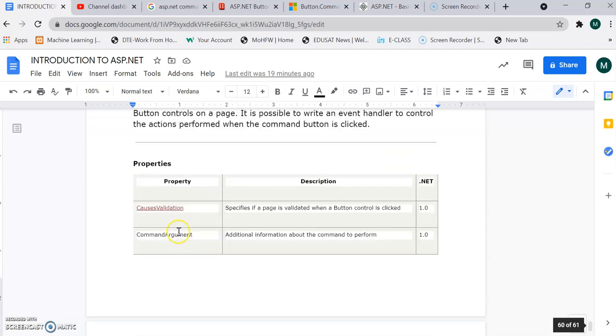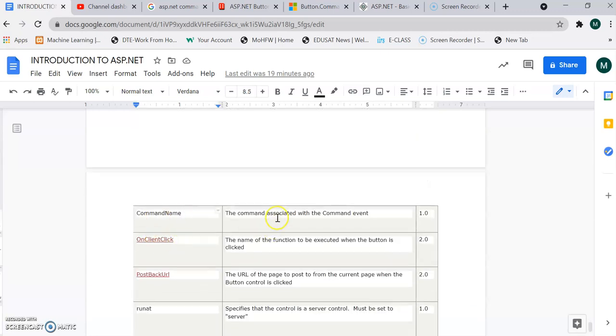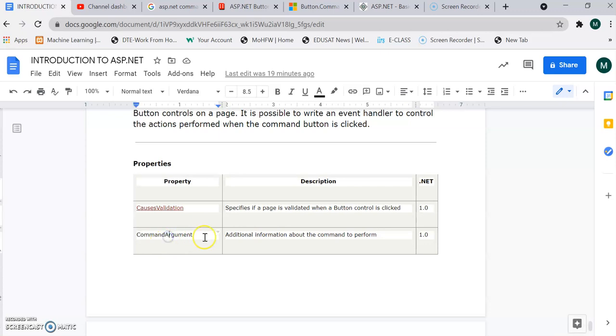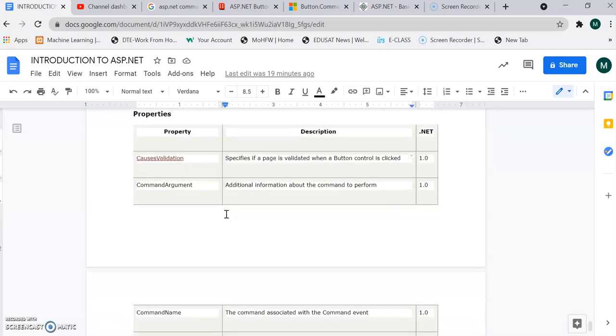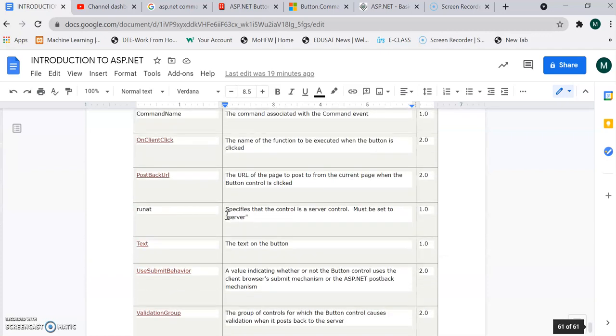Then CommandName, which you can associate with the command event. CommandArgument, where along with the command name we provide an additional argument. And Validation, whether the specific page is validated or not when the button control is clicked.